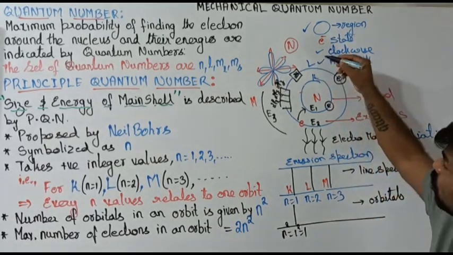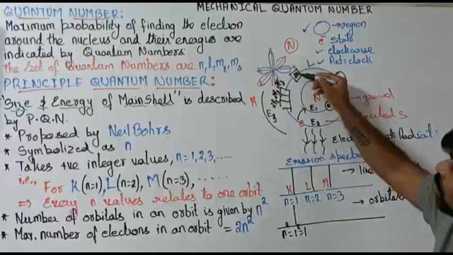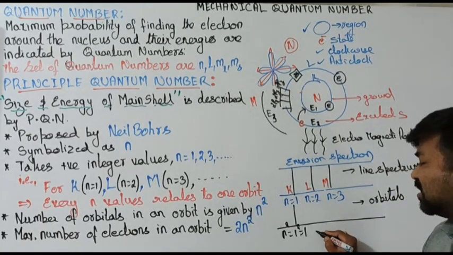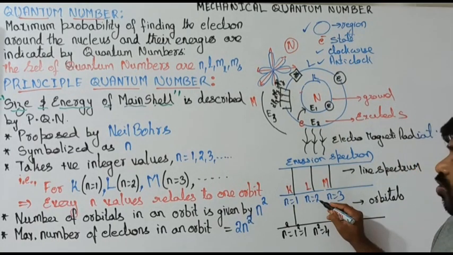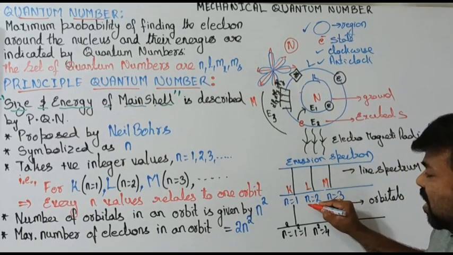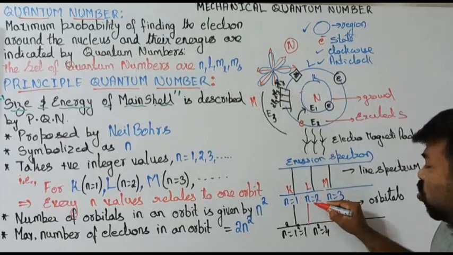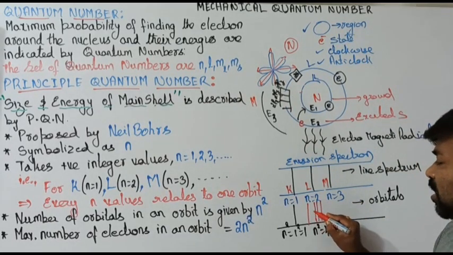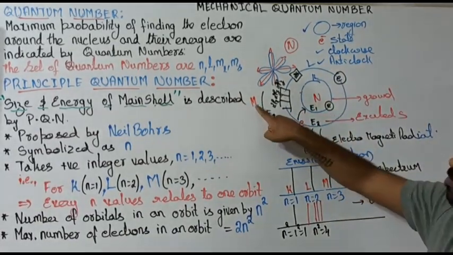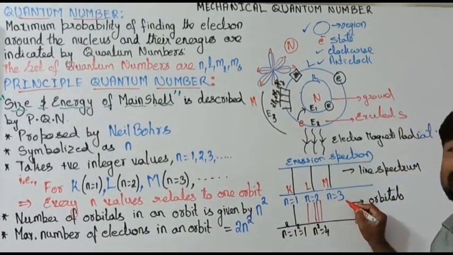So for n is equal to 2, which is the L shell, how many orbitals are we able to see? 1, 2, 3, 4. That is nothing but n square, which is 4, because n is equal to 2. What does it mean? For L, we have one s orbital and 3 p orbitals, so 1, 2 and 3. Totally, we have 4. In the same way, if you would like to know how many orbitals the third orbit, M, has, straight away, what is n equal to?